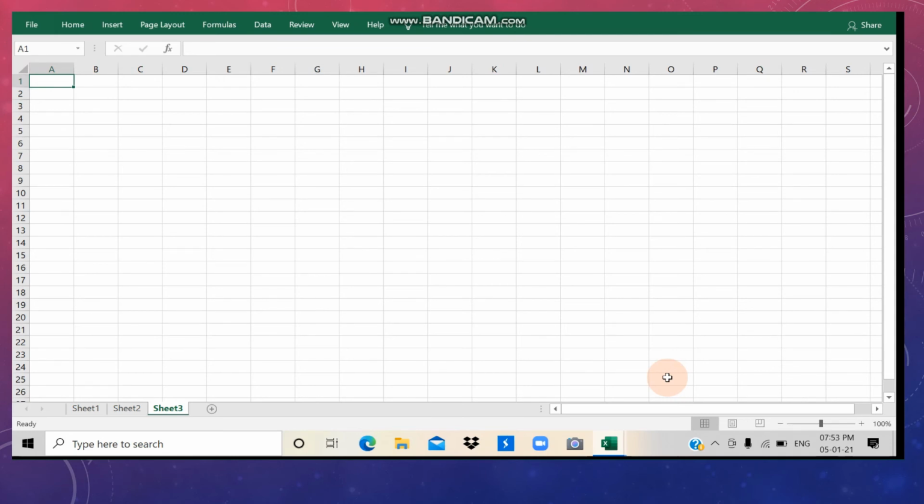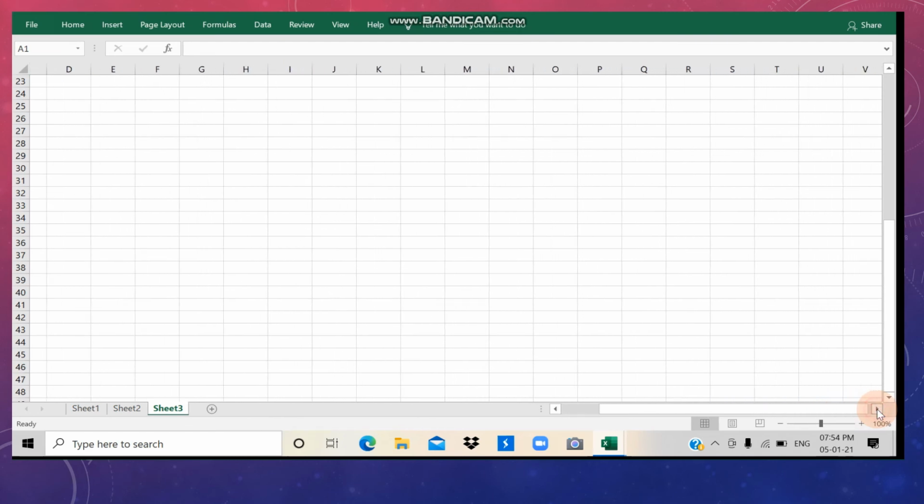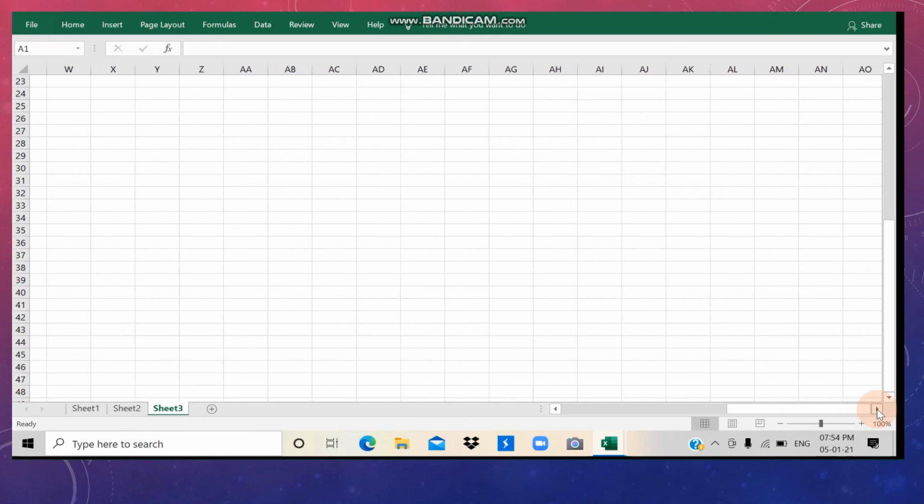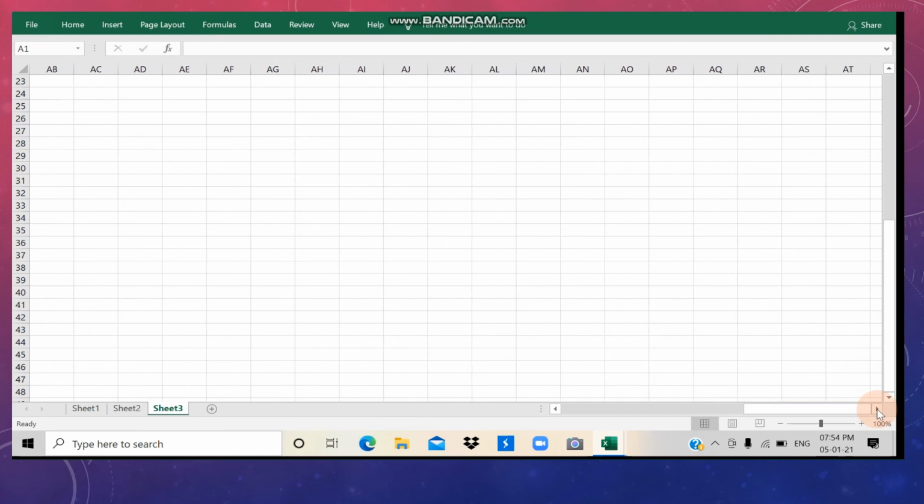And rows, there are 10,48,576 rows. So when you scroll down, you will get the numbers. And if you want to see the columns, you have to press this scroll button. So like this, you can get the number of rows and columns.